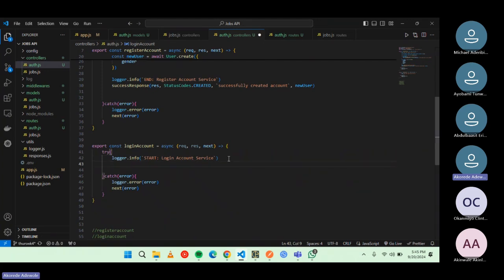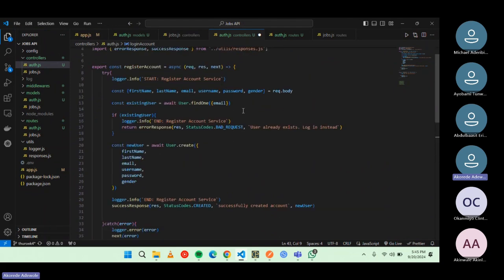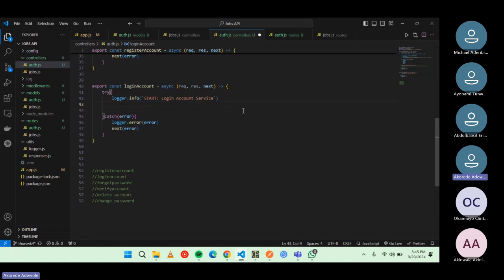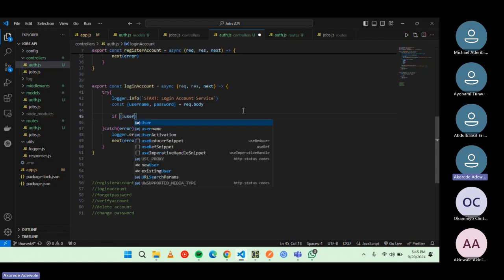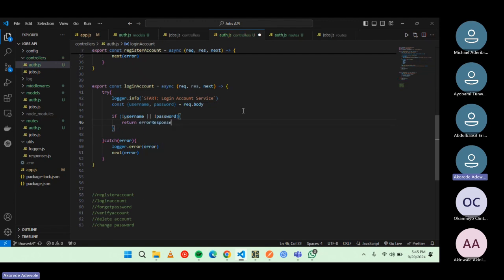Login is going to be about collecting entries from a form. Say you want your user to only put the username and password. So for login, we care about the username and their password being in the req.body. Say, just for example, you have a very lazy front-end engineer. If the username or password is not given, you can just return an error response